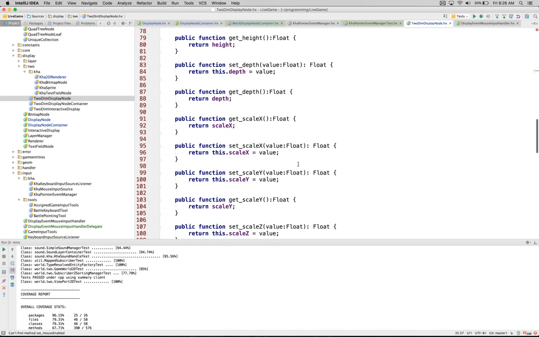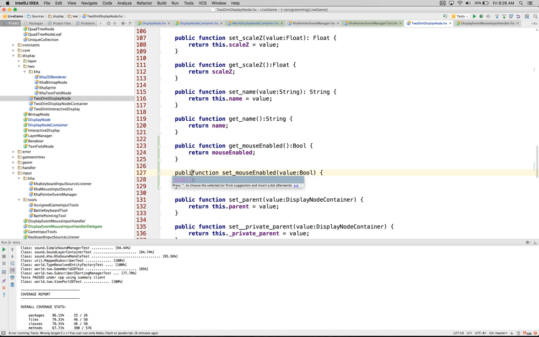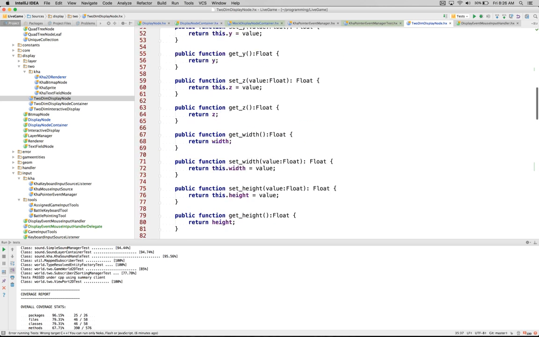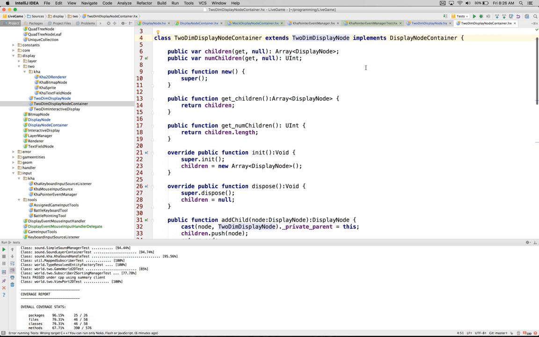I'll put that just down here. So this is going to be getter and setter. So like that. And so now we need the two-dimensional display node container, and we're going to need to implement